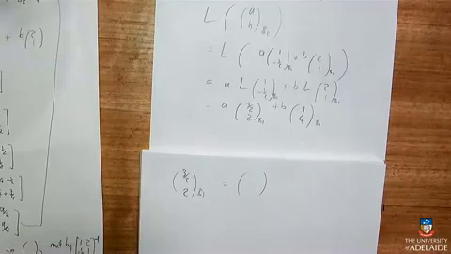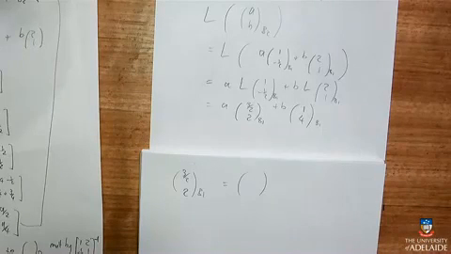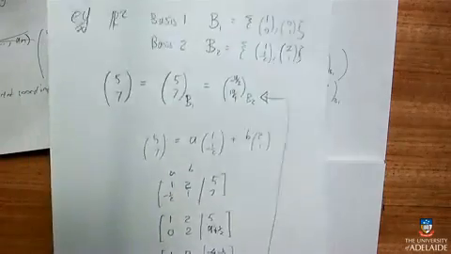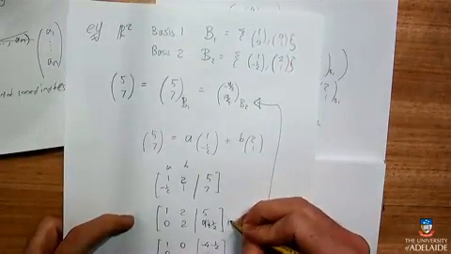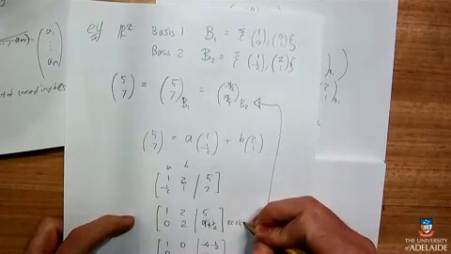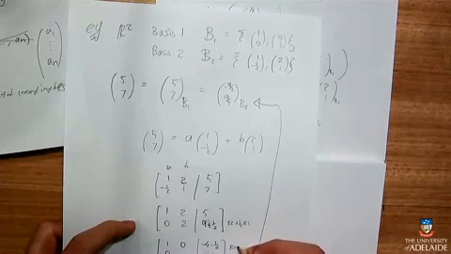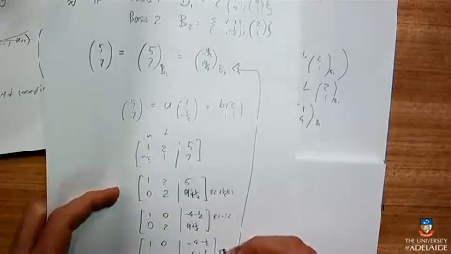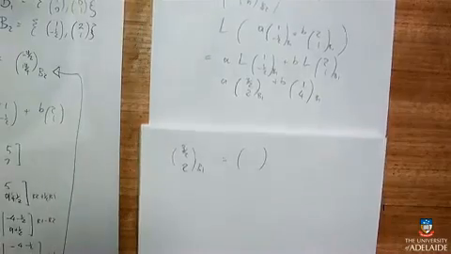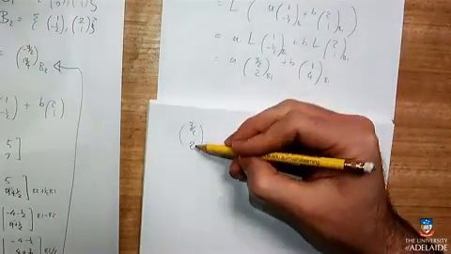And just a second, I figured out that to convert from basis 1 to basis 2, I need to multiply by the inverse of (1, 2, minus a half, 1), which I didn't figure out what it was. Curses. But I can track through the same thing that I did before. What did I do? I did row 2 plus a half of row 1, and then I did row 1 minus row 2, and I did row 2 divided by 2. Okay, so I need to do those things. So this plus a half of that.